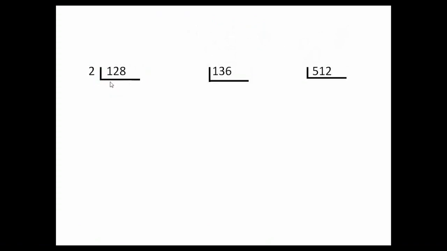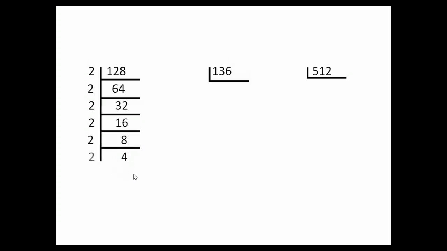Here we'll write the divisor and then the quotient down below. So 2 64 times will give us 128. Then 2 3 is a 6, 2 2 is a 4, that is 32. 2 16 times 32. Then 2 8 times 16. Then 2 4 times 8. 2 2 is a 4, 2 1 is a 2. So we have factorized 128.